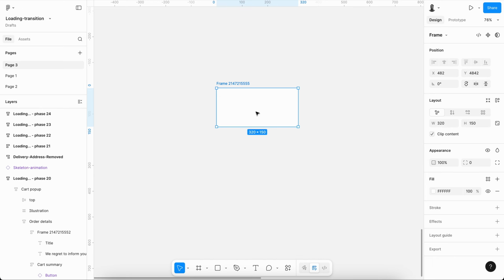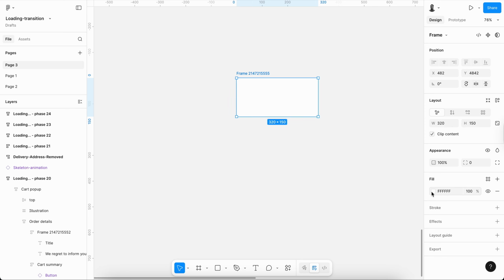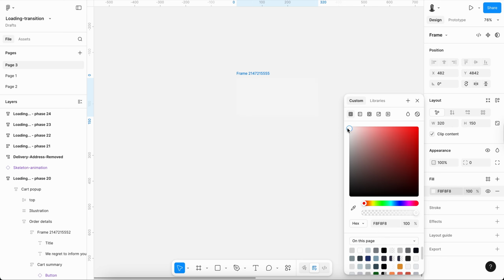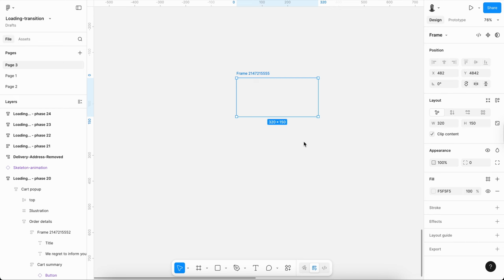Now I have created one frame, and I just want to make it slightly gray so it's visible if white screens come into your screens. Usually a skeleton runs onto a white screen majorly, since our website's color is mostly white, so keeping that in mind,